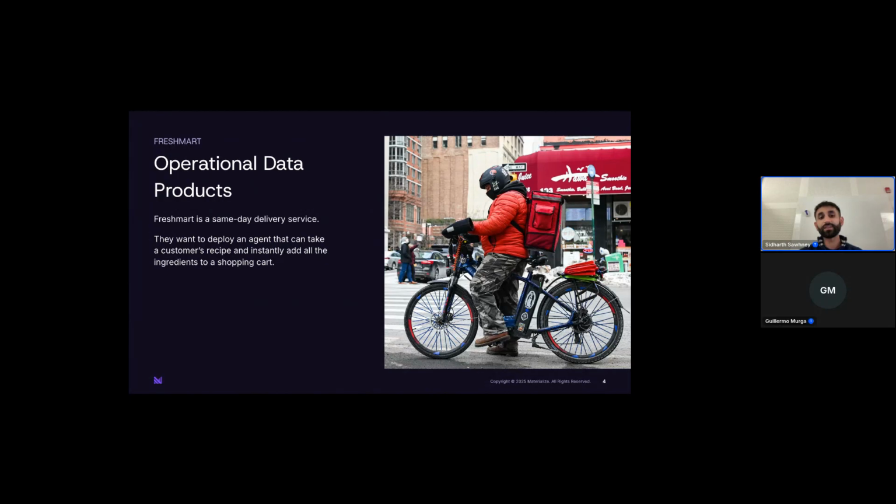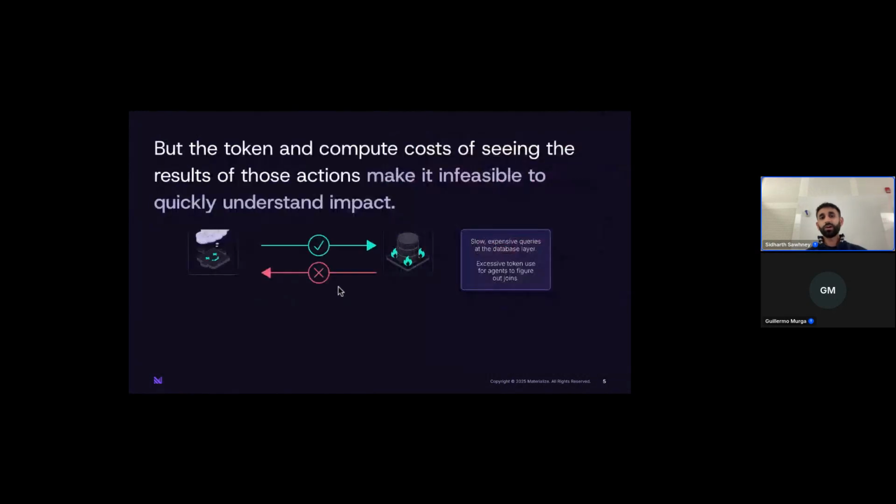And ultimately, it needs to apply business logic to know whether or not to add an item to the cart. And these can be very complex queries. So for every single item, recipe, or customer, the agent needs to make a complex query representing its business logic.